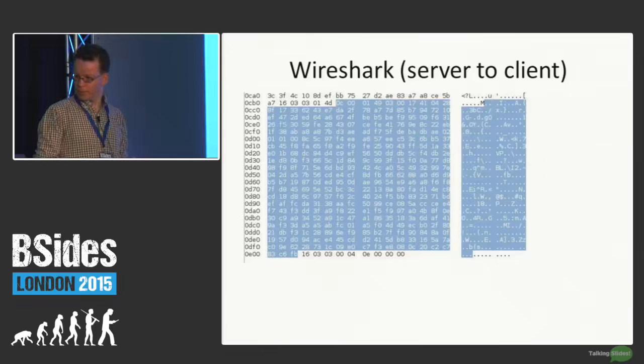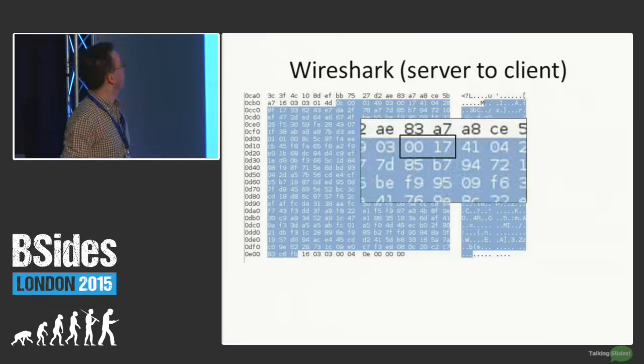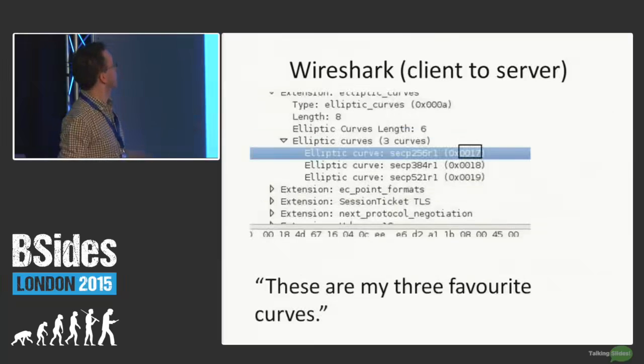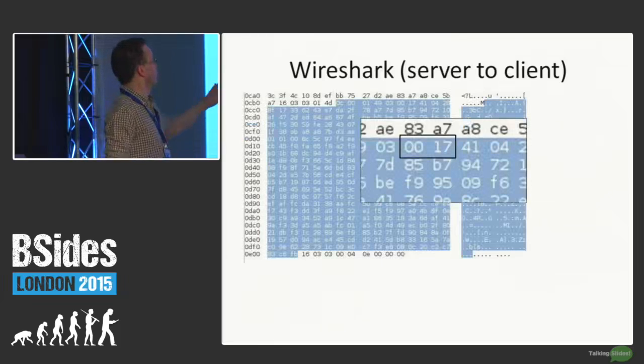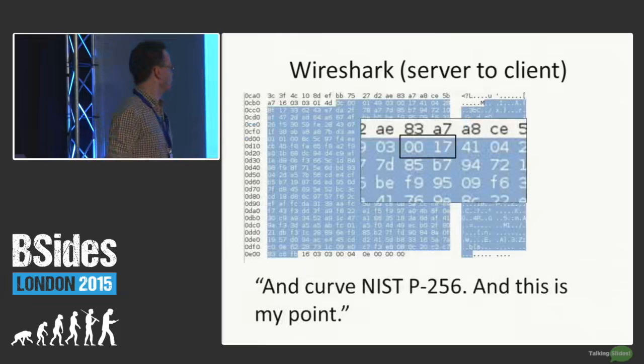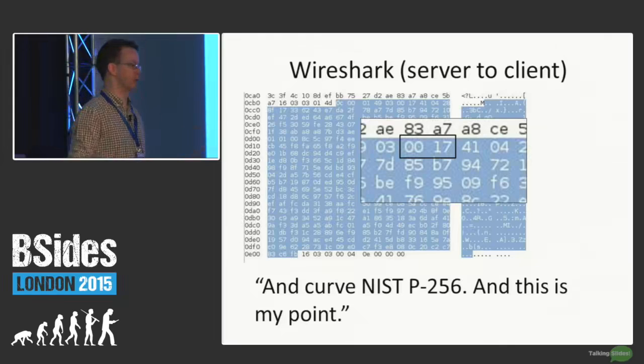And then the server also shares, I should have pointed out here, when the browser tells the server the 3 curves that it supports, they have numbers, and one of them is hex 0017. And the server tells the client, okay, 0017, that's the curve we're going to use. That corresponds to NIST P256, which is a curve. And most of the other blue stuff you see here are the bits of a number, actually a point on the curve that they're going to use.